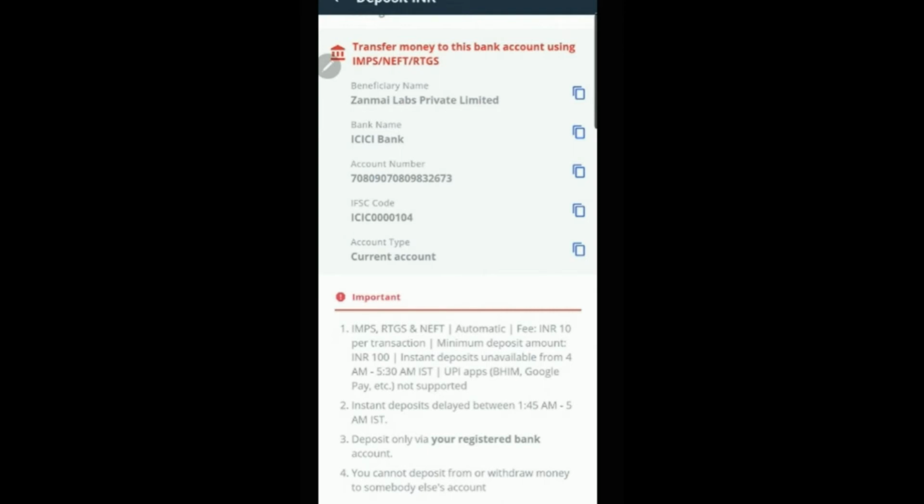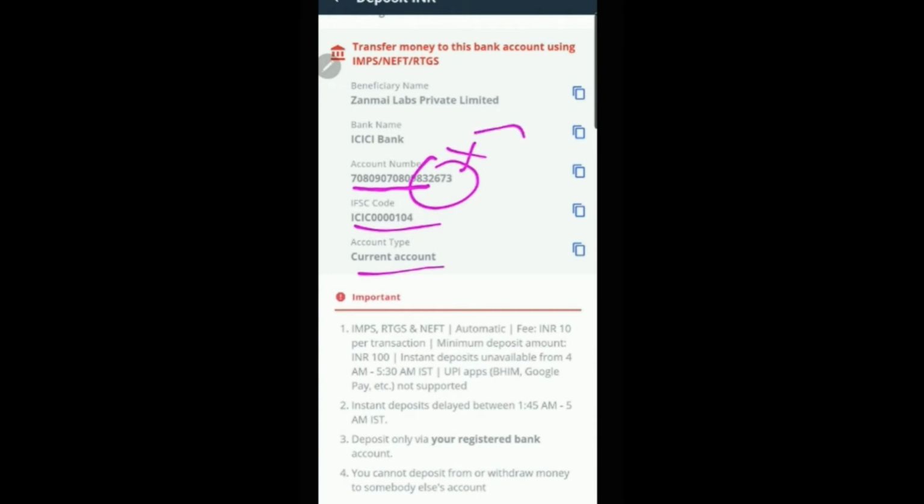So for this account, everybody has the same digits always. The first 5 digits will be the same for everybody. The last 4 to 5 digits will be different for each account. Whenever you are depositing INR to their account, you should confirm all these account numbers properly. They have done the IFSC, account and their current account.